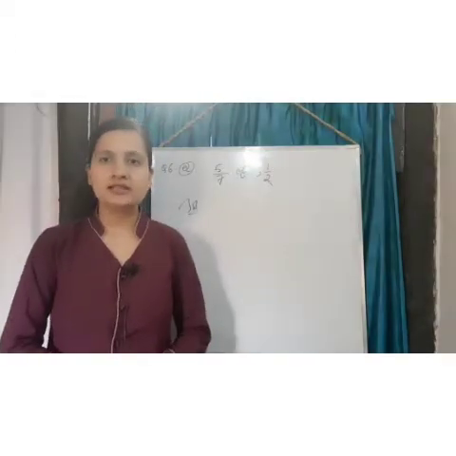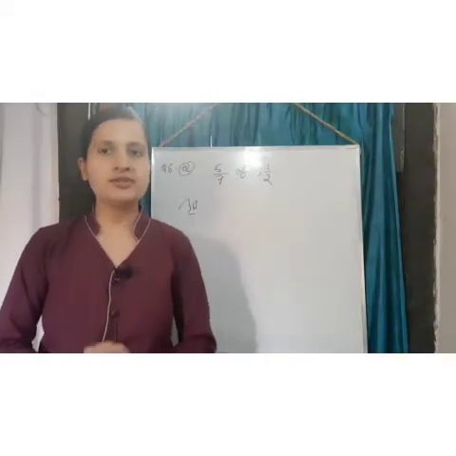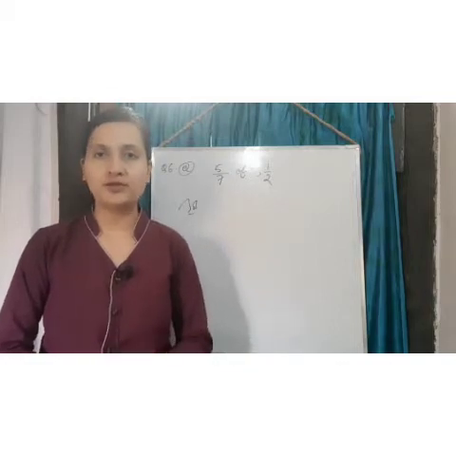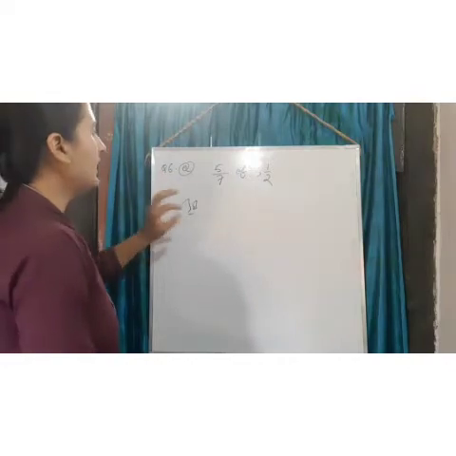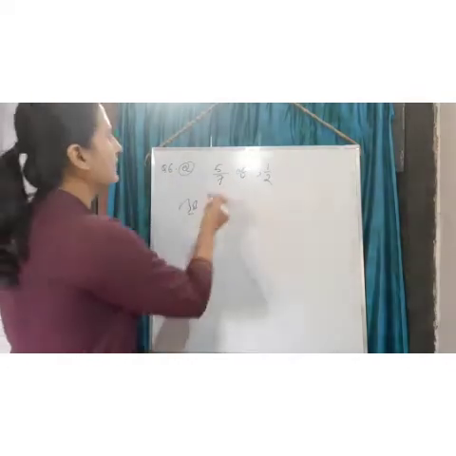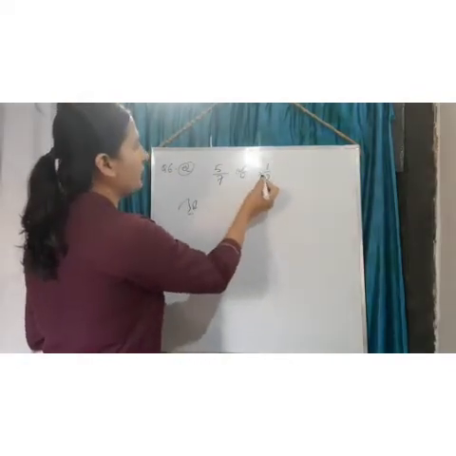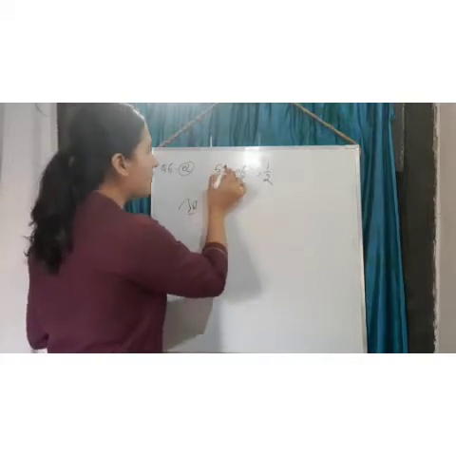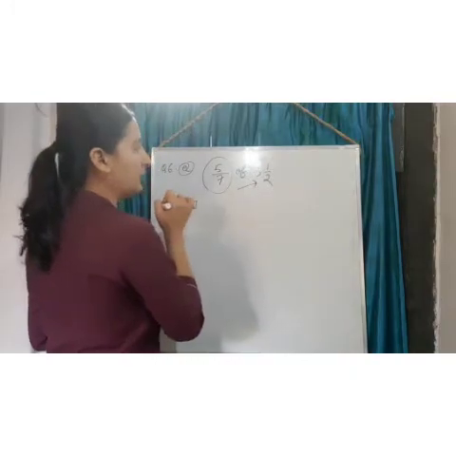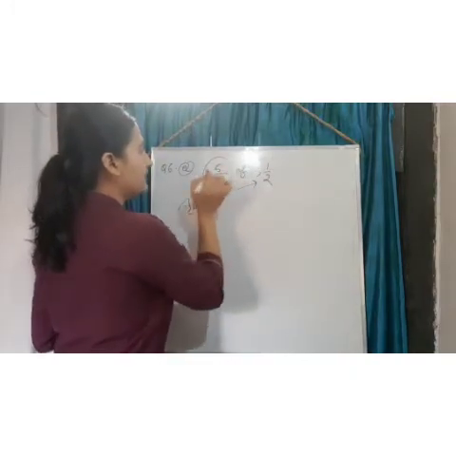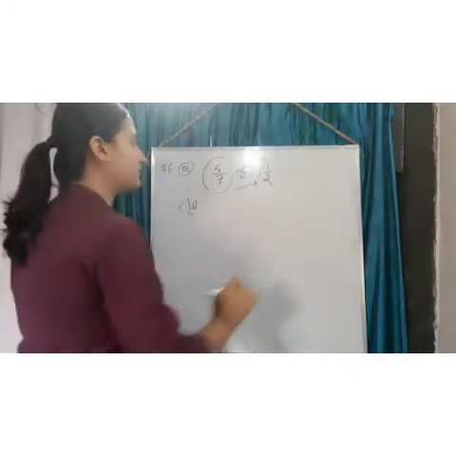So, dear student, let us try our next question. That is question number 6, where we have to evaluate, where we have to find the value. So, let us try question number 6a. Here we have to find the value of 5 by 7 of 3 1 by 2. We have to find how much 5 by 7 will be of 3 1 by 2.